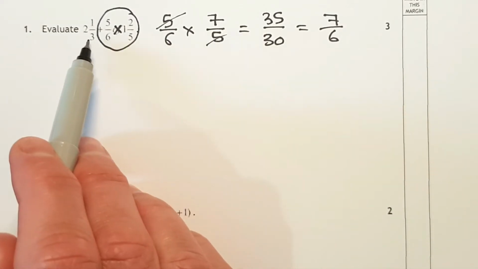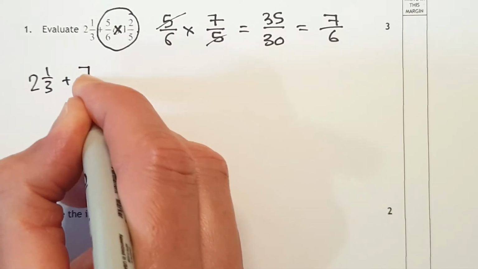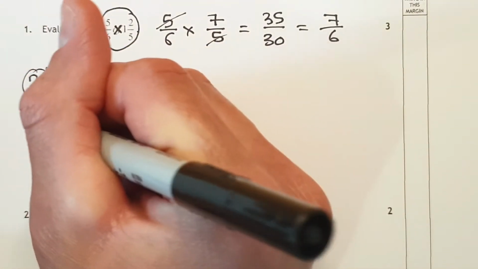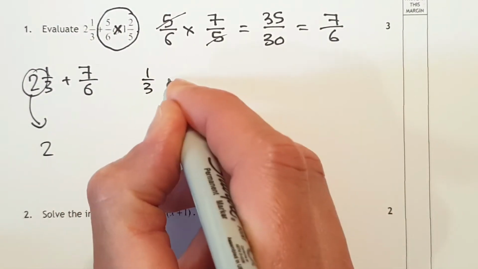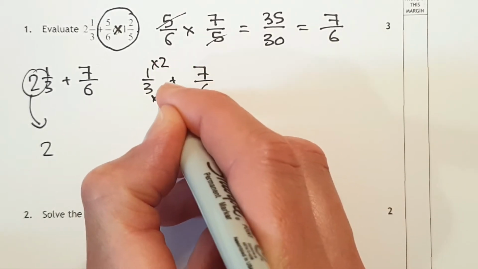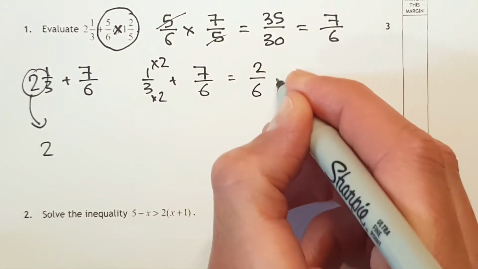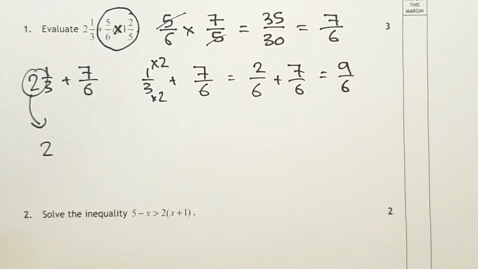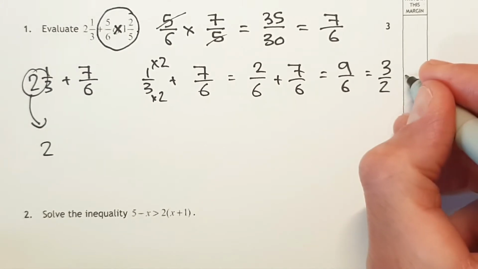So now we've got to do 2 1/3 plus 7/6. So I'm just going to take my 2 and shove that off to one side for now, and I'm just going to add together 1/3 plus 7/6. Now they don't have the same denominator, so I'm going to take the first fraction and times by 2 top and bottom. Now I don't need to do anything to the second one because the first one becomes 2/6 plus 7/6, and that is 9/6. Simplify it, they're both in the 3 times table, so 3/2,